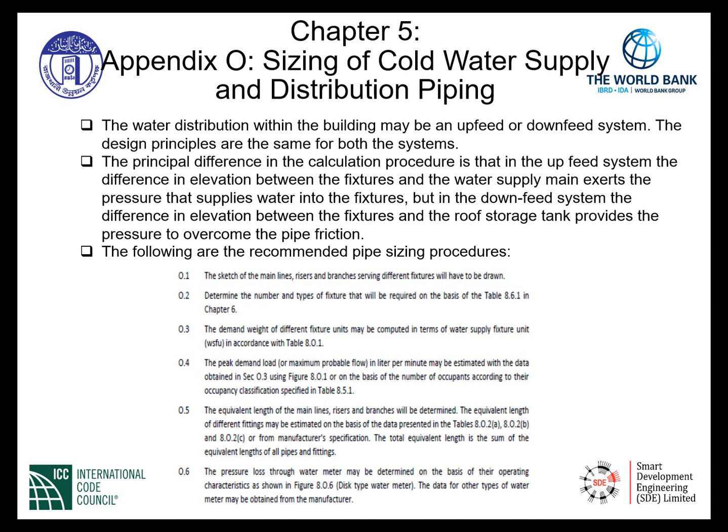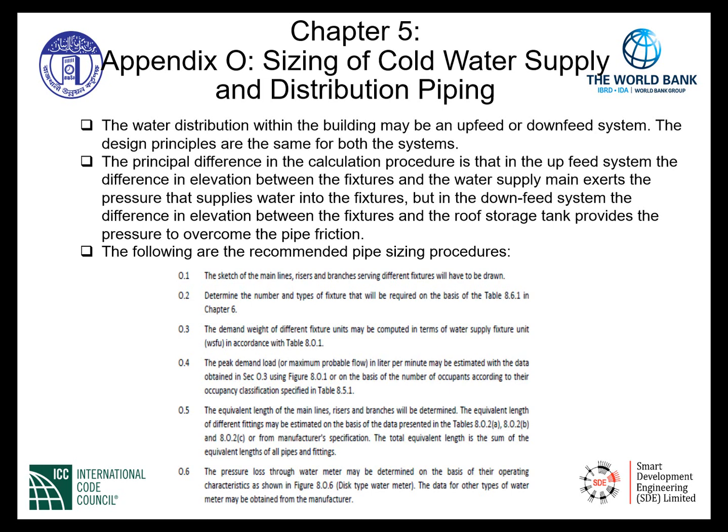We could use in 0.4 the peak demand load, or maximum probable flow in liters per minute, may be estimated with the data obtained in section 0.3 using Figure 8.0.1, or on the basis of the number of occupants according to their occupancy classification specified in Table